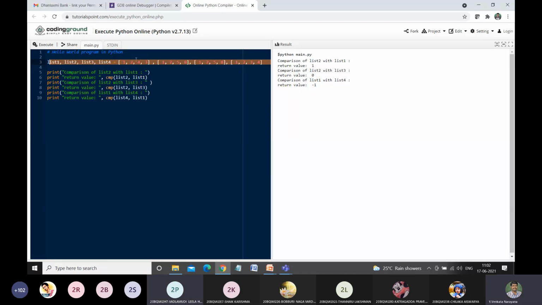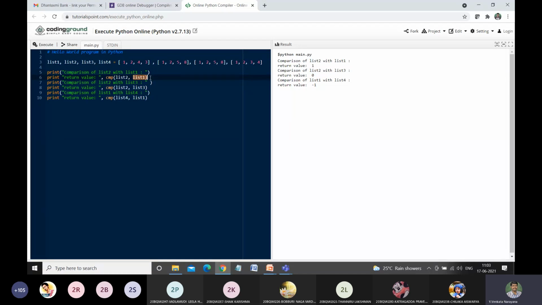So the first list will be stored in list 1, the second list, 1, 2, 5, 8, in list 2, and 1, 2, 5, 8 in list 3, and 1, 2, 3, 4 in list 4. Now I'm comparing list 2 with list 1.